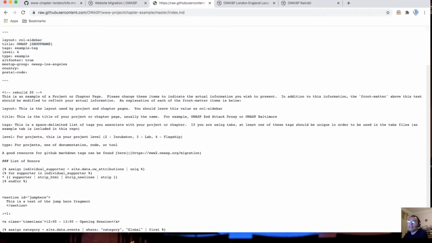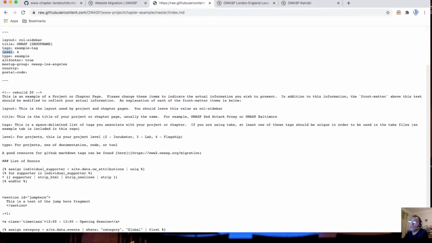Then tags. So tags is a space delimited list of tags that you want to associate with your project or chapter. If you are using a tabular structure, at least one of these tags must be unique in order to link all the tabs together. I will explain this a little bit later when we start talking about tabs.